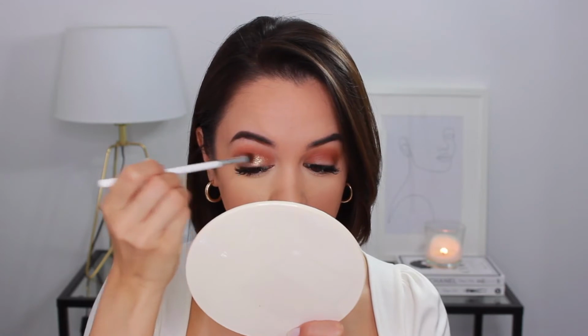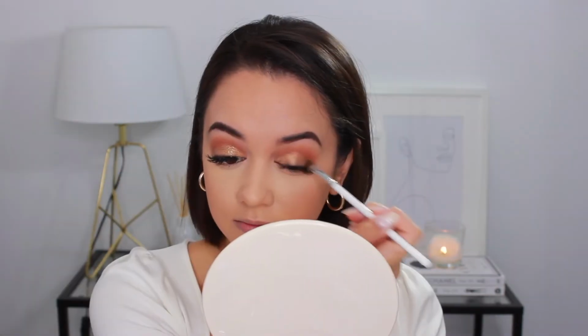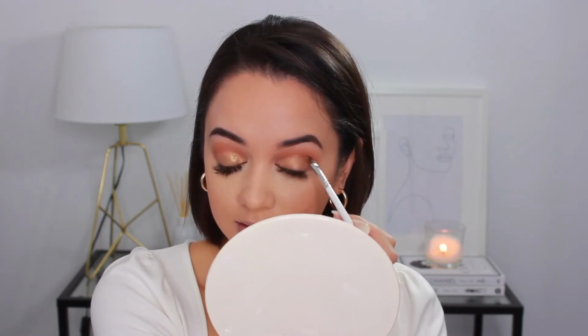So let's just go in with this shadow first, and then we can go in with the crazy intense one over top afterwards because, yeah, I probably got a little bit too excited there. Honestly, I'm feeling like you don't need to go buy the expensive higher-end palettes, because this, for $8,